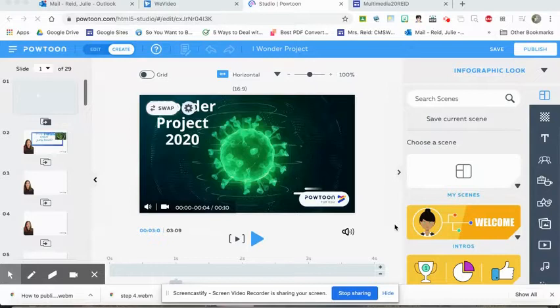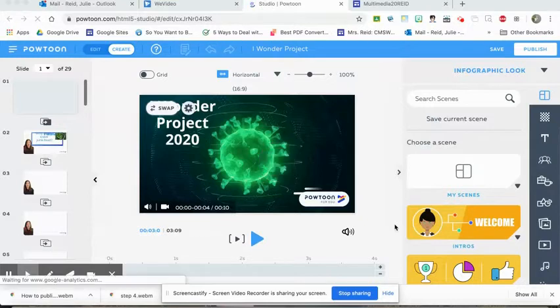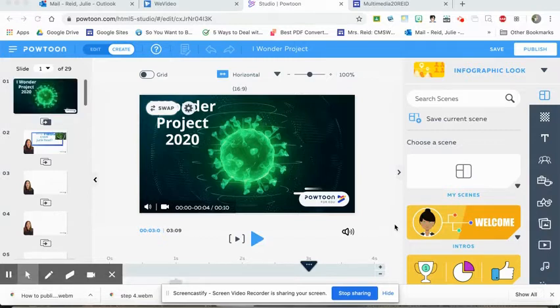Hi, everyone. So I am going to show you how to go from Powtoon, download it, and get it onto your website so that you can turn it in. This we've done before, but this is a refresher, and it is a slow process. So I'm just telling you right now, while you are working on this, make sure you have something else, like